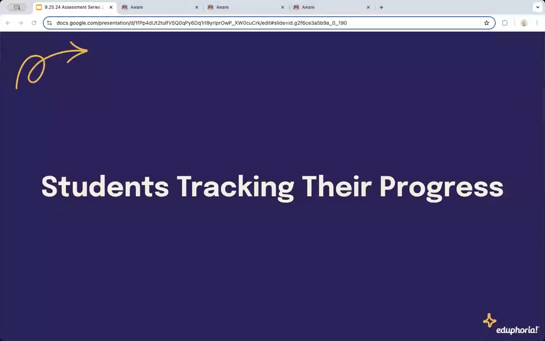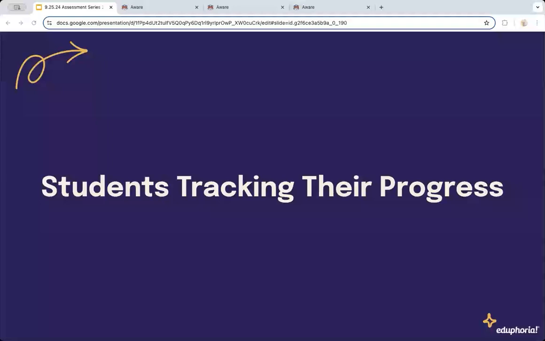The last topic I'd like to review with you all today is getting students to actually track their progress. Research into the most effective formative assessment practices shows that the students need to engage in reflection, but they also need to see the results that their reflection is creating. They need to see how meeting these goals that they've set for themselves, and all this work that they're doing, is actually amounting to.